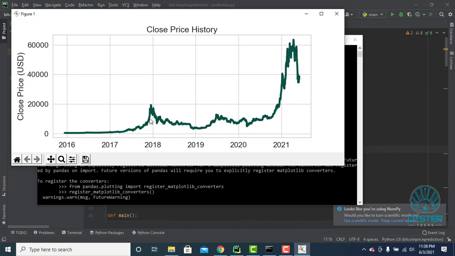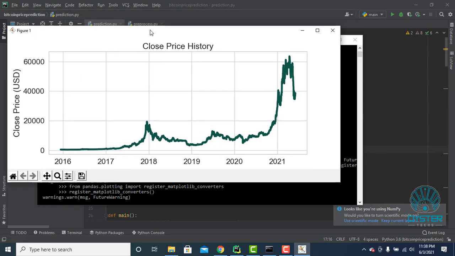The dataset which we are using for evaluating our model is real-time Bitcoin cryptocurrency data from December 2015 to the current date, which is the 3rd of June 2021, in total 2001 days of financial data.